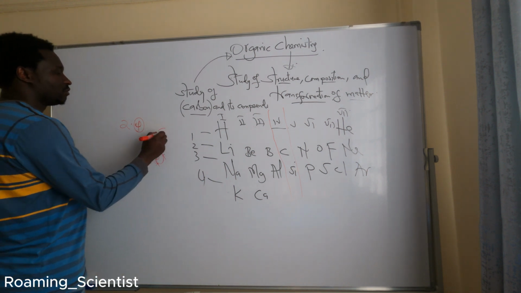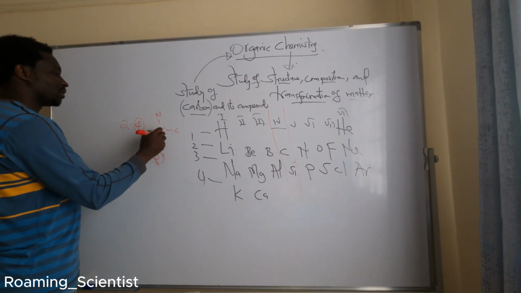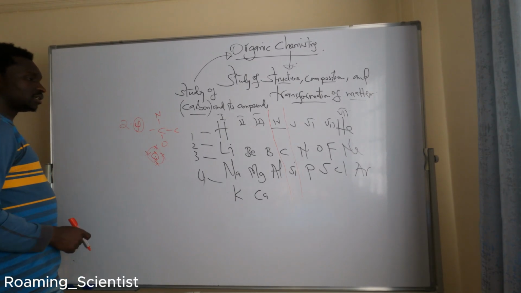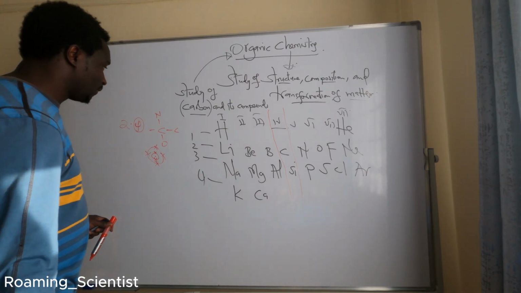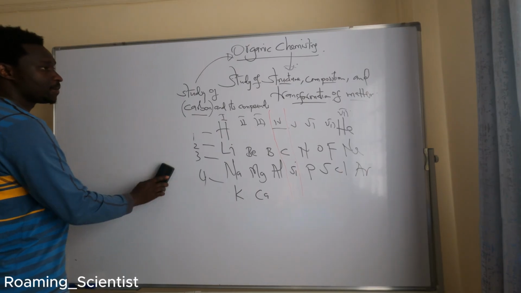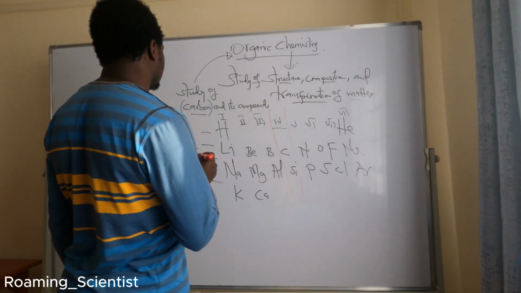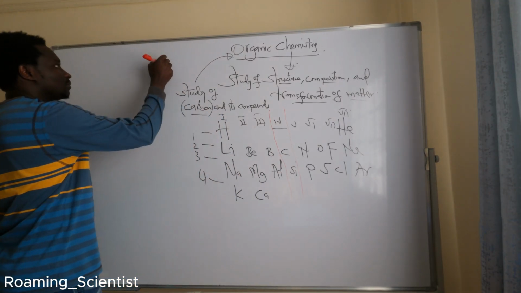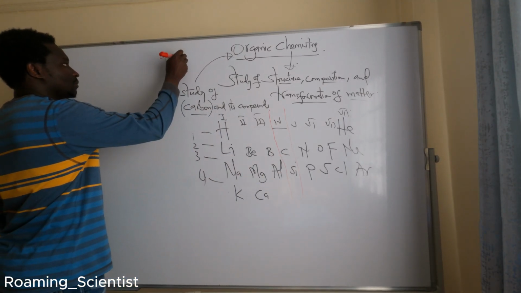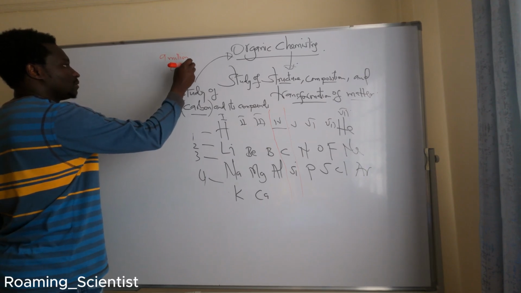So carbon can bond to 4 other atoms, and this could be carbon, nitrogen, oxygen, and so on. So for this reason, there are over 9 million carbon compounds,